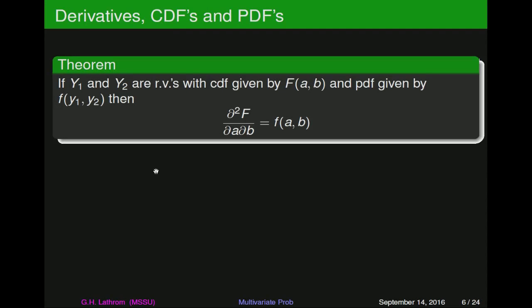So now, just as was the case for our single variables, the relationship between the CDF and the PDF in the continuous case is given by derivatives. Well, in this case, it's driven by partial derivatives. So if y sub 1 and y sub 2 are continuous random variables, with CDF given by capital F and PDF given by little f, then if we take the second mixed partial of the cumulative distribution function,